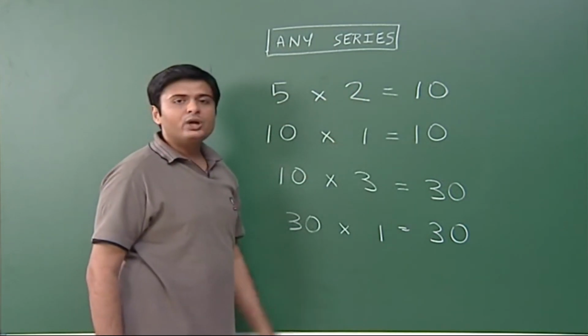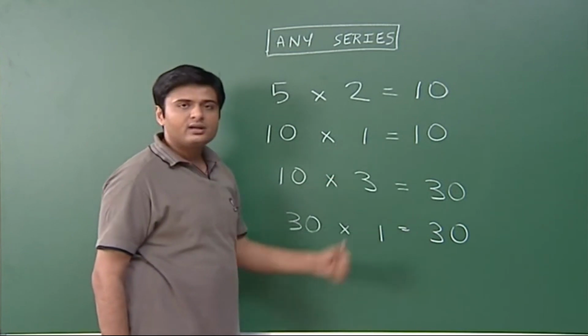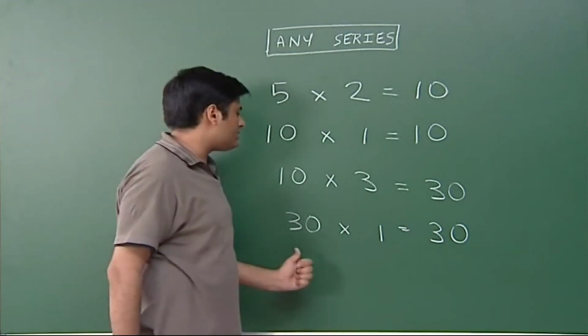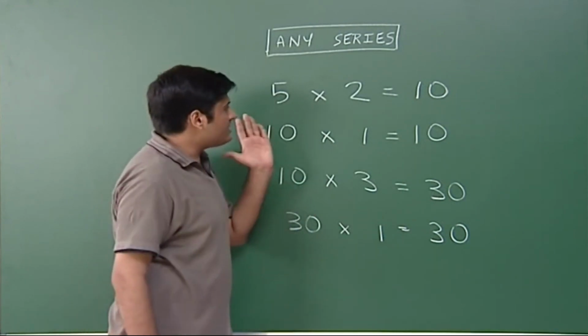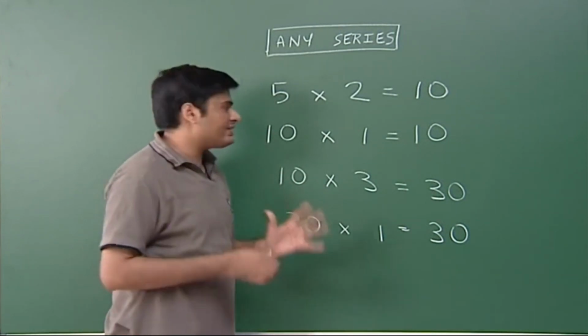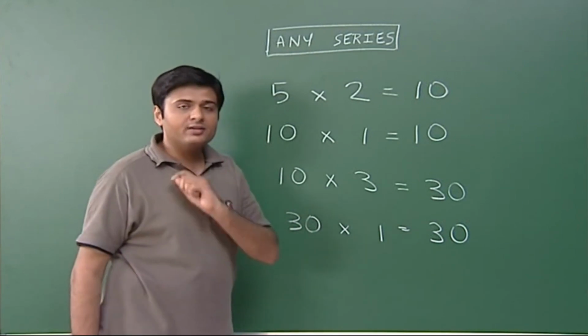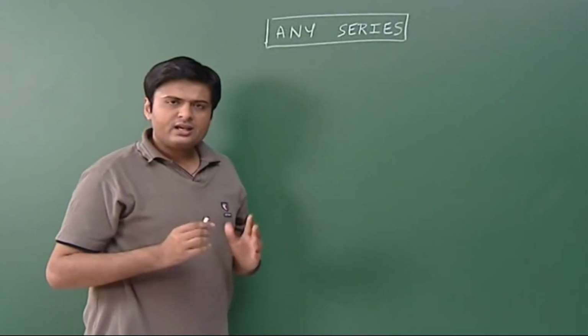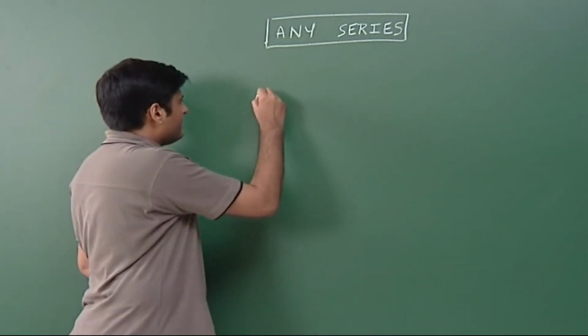5 into 2 is same as 10 into 1. Similarly, 10 into 3 is same as 30 into 1. The same logic we will be using in the examples that follow, and we will see how quickly we get the answers. So friends, suppose I have to multiply, say,